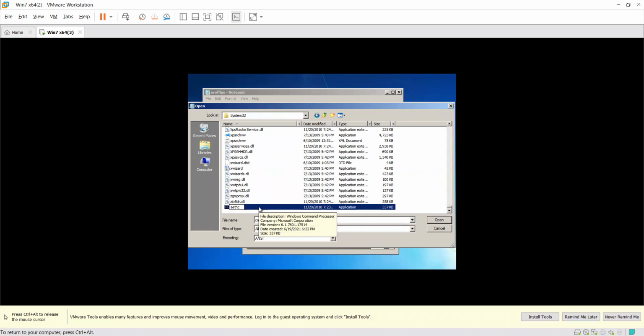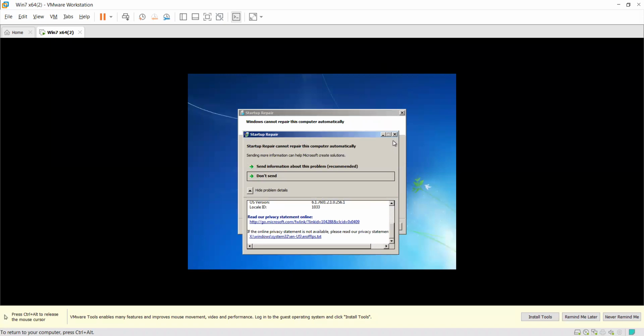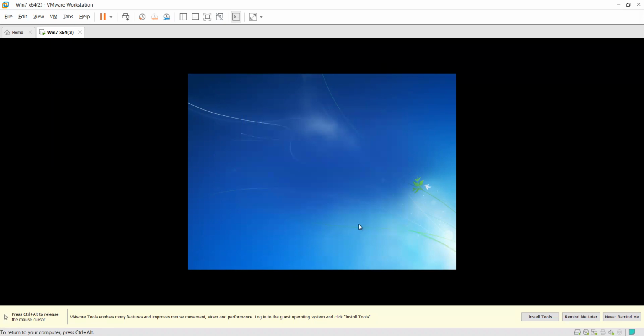That's the reason I already changed the file name to ZSC, because as we know very well, two files with the same name cannot be active in the same folder, right? So now just press Enter. Now my CMD copy file is replaced with the name ZSC. Now just click cancel, cancel, cancel, cancel everything, click finish, and restart the system normally.